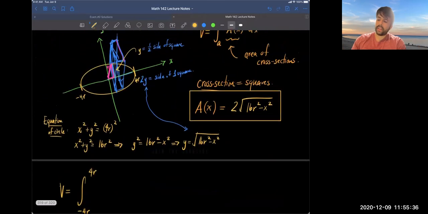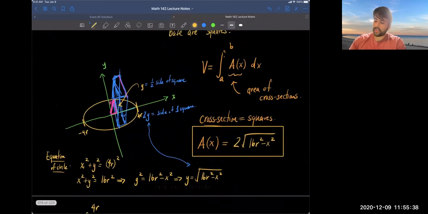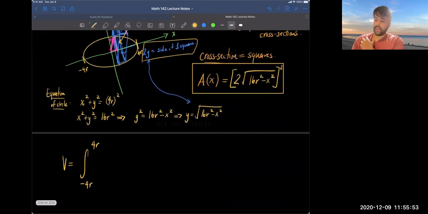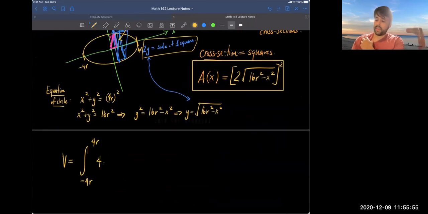The cross-sectional area is going to be what? Oh, pardon me. The cross-sectional area is this squared, because the area of a square is side squared. So I know one side, I just have to square it, right? I have one side of the square. Now I square it. And when I square it, I get 4 times 16r squared minus x squared